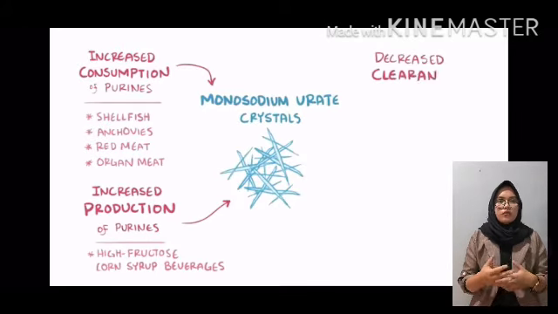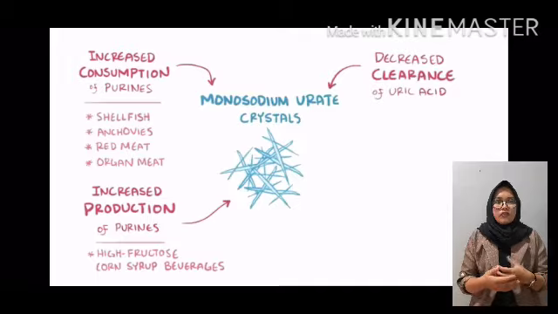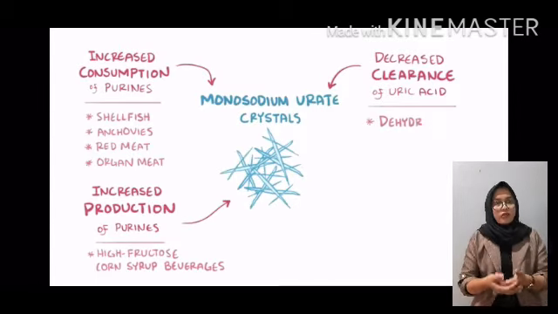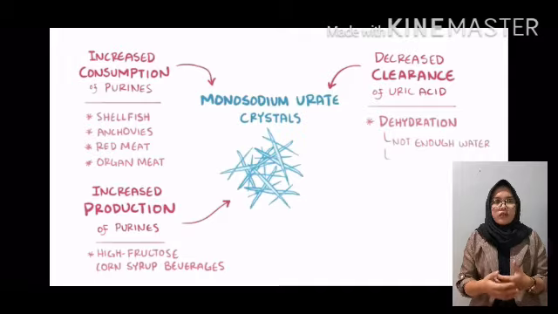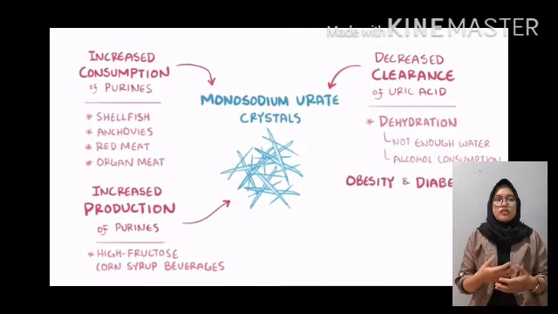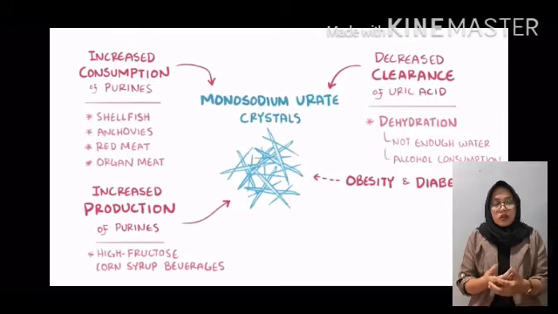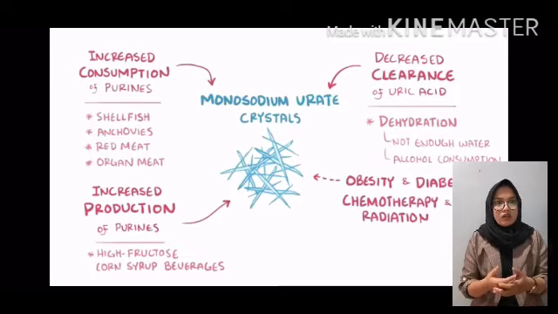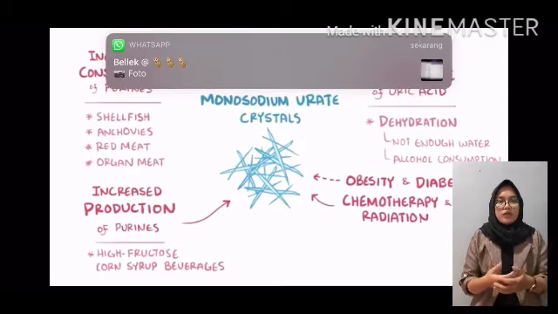Another way crystals can form is from decreased clearance of uric acid, which can result from dehydration, from not drinking enough water, or from consumption of alcoholic beverages. But aside from uric acid, regularly eating these kinds of foods can also lead to obesity and diabetes, both of which are risk factors for gout. Hyperuricemia can also develop as a result of chemotherapy or radiation treatment, since cells die at a higher than normal